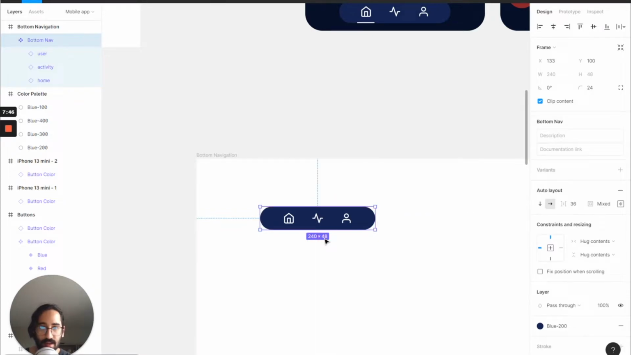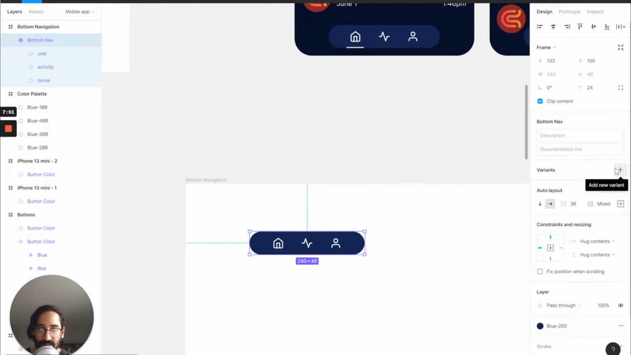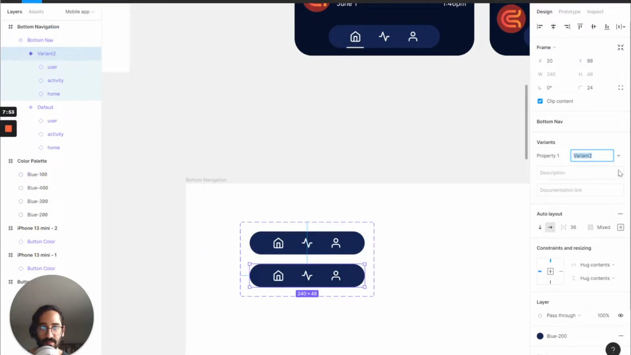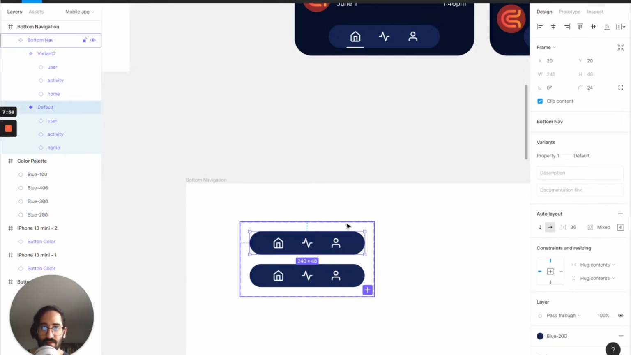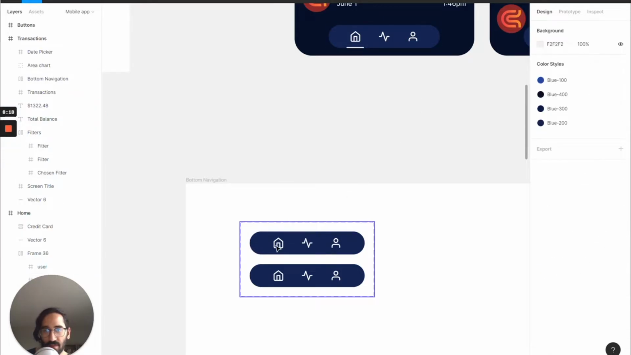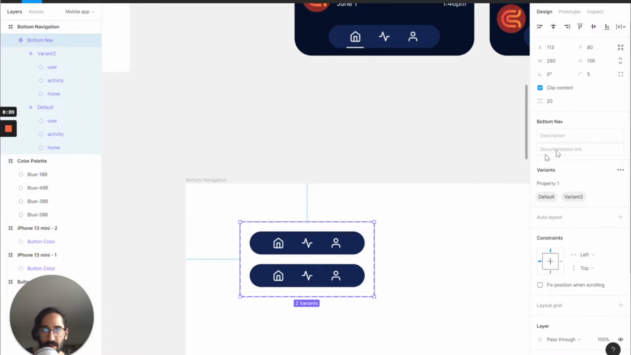Ctrl Alt K. And now that it's a component, we can actually make it a variant by pressing this plus icon. All right. So what I want to ask ourselves now is, what is the value change going to be in each variant for the bottom navigation? And the change will be the picked icon. In here we have the icon home picked, in here we have the statistics, and in here we have the user profile. So what that means is our property is going to be,